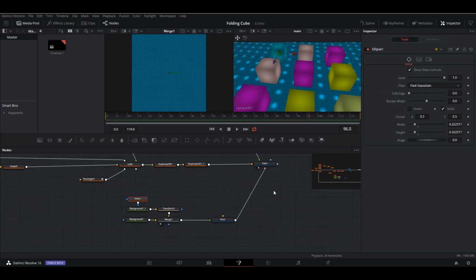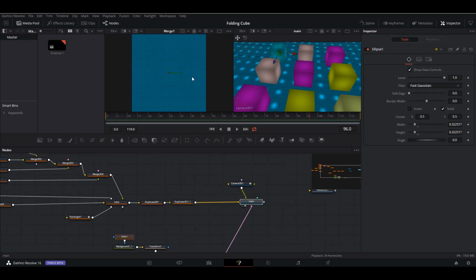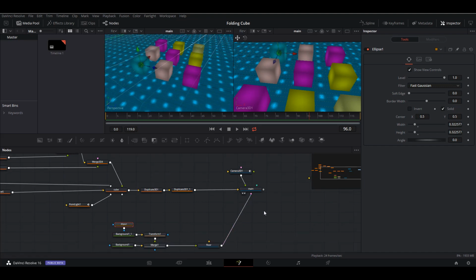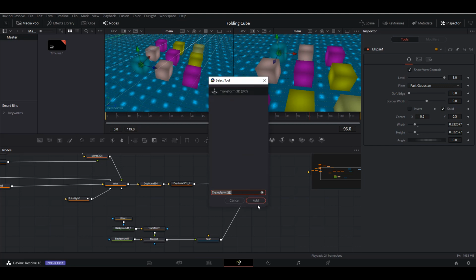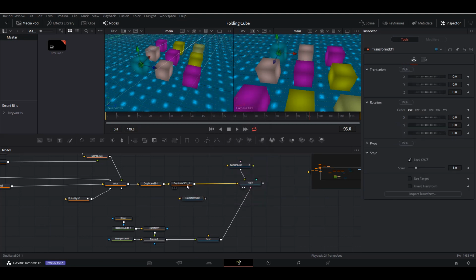Now let's take care of the reflection. Let's view the main scene here now. So the way to achieve the reflection is by tricking yourself. Let's put down a transform node. This one's going to be a 3D transform. Put it down. We're going to flip the cubes to make it seem like they're reflecting